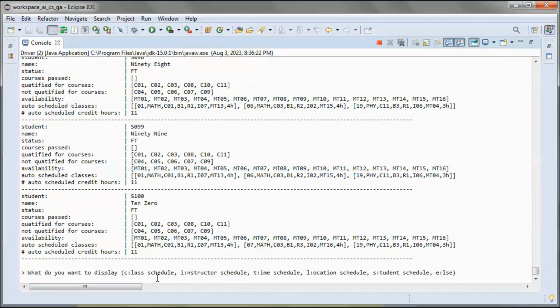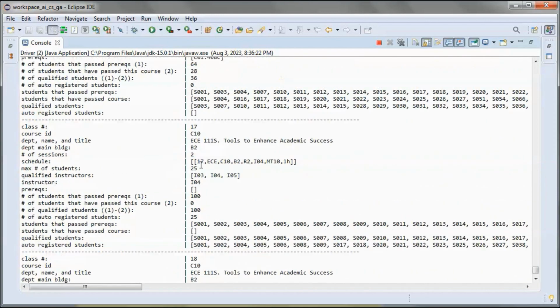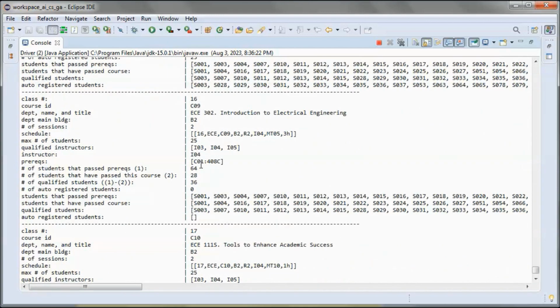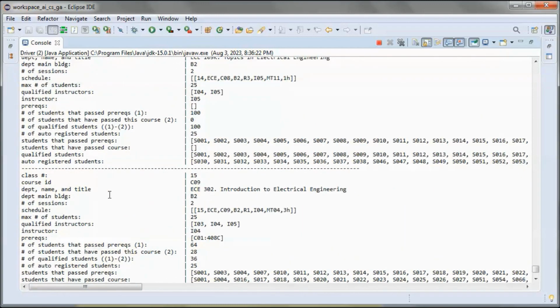And from the class schedule perspective, we are showing the department main building and the department and the name and the title. And the number of sessions for each course.